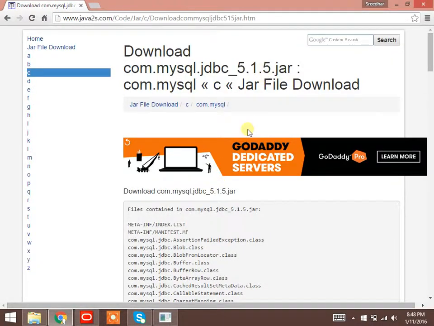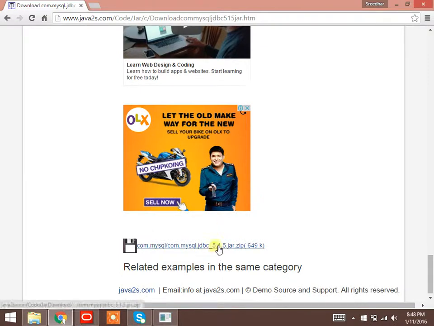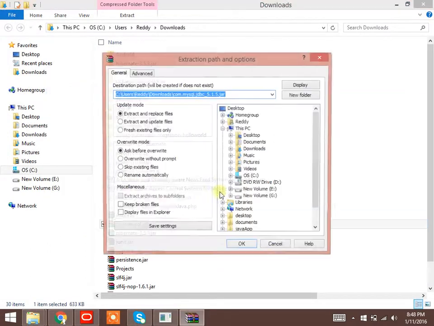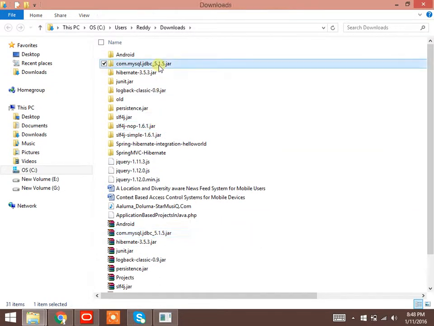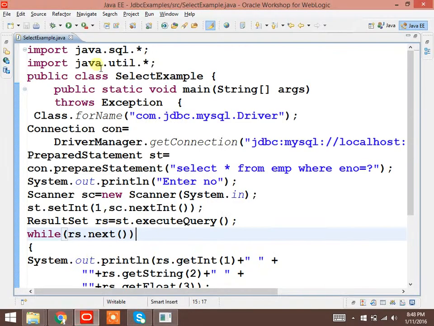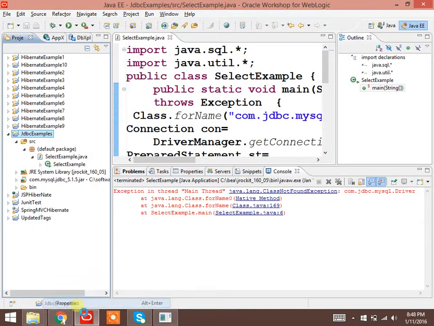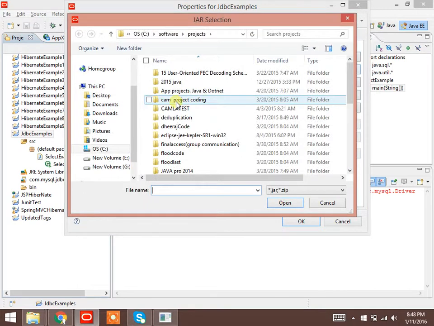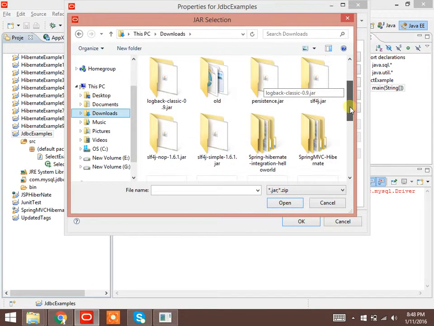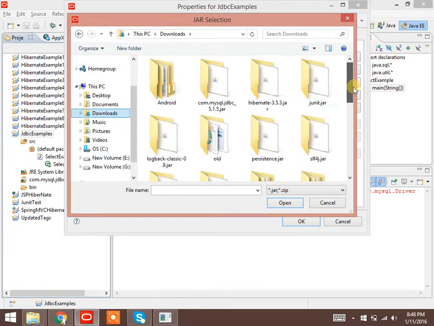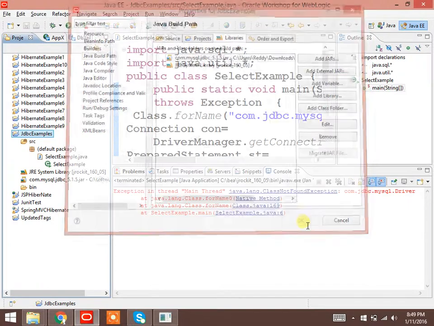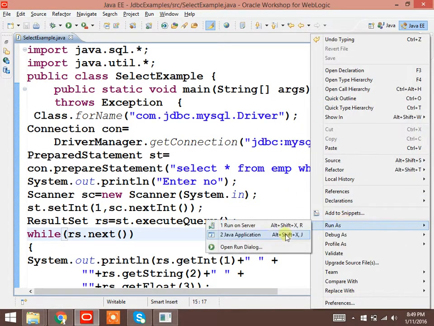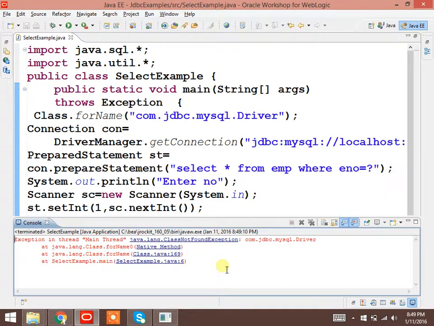Let me download this driver freshly. I'll remove this same jar file only. Still the same issue.